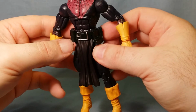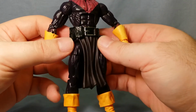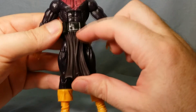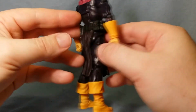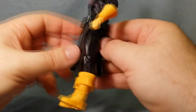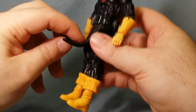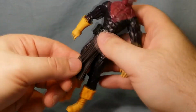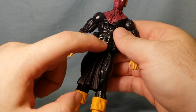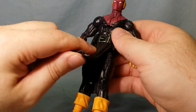This is a new belt though, which is really nice. It's solid black with a slight purple wash on this part here and a silver buckle. It's done in paint throughout the whole thing, same on this side here. And this is actually quite a firm plastic. There's not much ply in this, which I think is a bit frustrating. My advice would have been to attach a separate piece of rubber to that, but that would have made